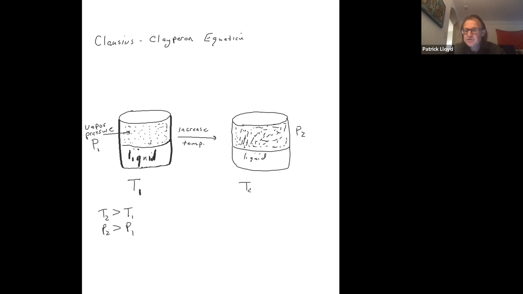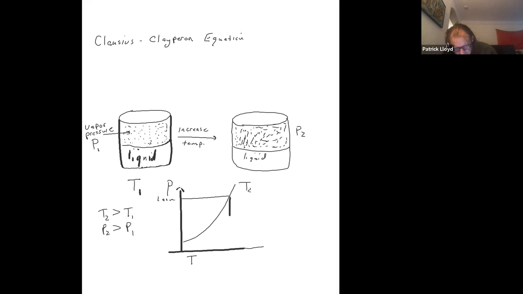So that's the relationship. Now, it's not a linear relationship like it was with the ideal gas law. Remember, P equals nRT, so if you increase T, P increases linearly. The relationship's more complicated with the Clausius-Clapeyron relation. If you plot the temperature of the liquid on the x-axis and the vapor pressure on the y-axis, you get something that looks more like this. It's actually like an exponential curve, okay? And what we said was that once we reach atmospheric pressure, 1 atm or 760 torr, this would be the boiling point, right? The boiling point